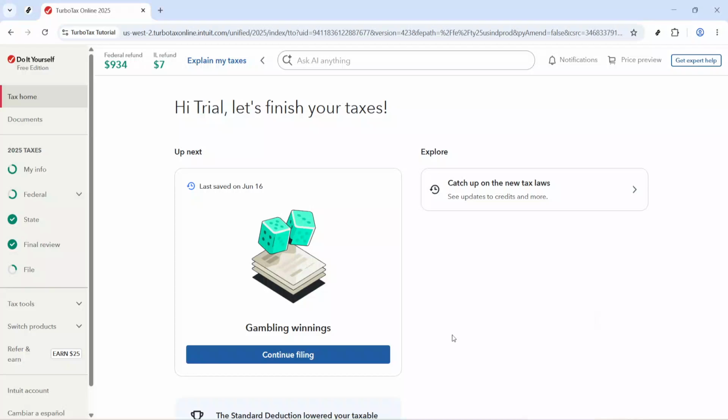In today's video, I'm going to teach you how to enter sale of rental property in TurboTax Online. We'll walk through the path to get into the rental property section so you can continue entering the sale information in the correct area of TurboTax. This is especially important because rental property sales are typically handled inside the rental and royalty section, not just as